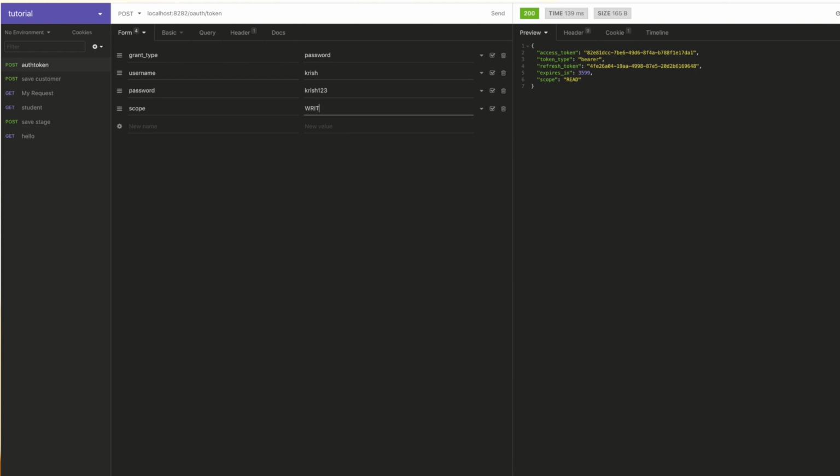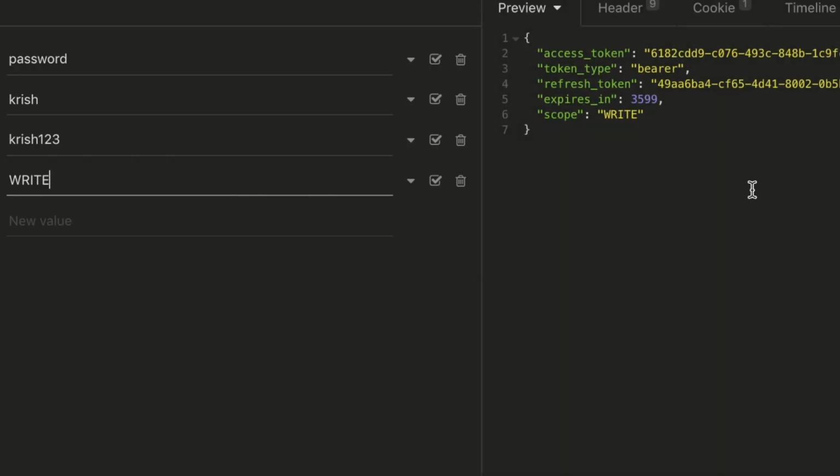So let's give the write scope. See that the access token starts with 82. So now you get a new access token for the write scope. But you will see now it has 3599 seconds, right? Now if you remove the scope again, you will see the access token expires in 3533